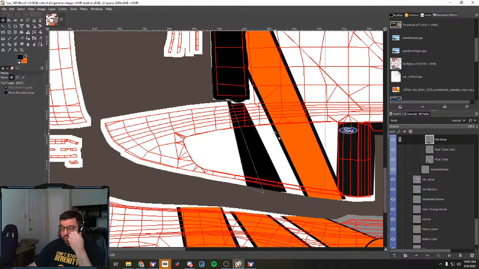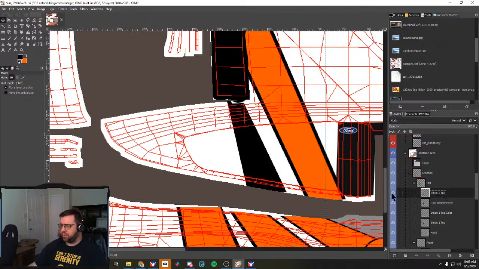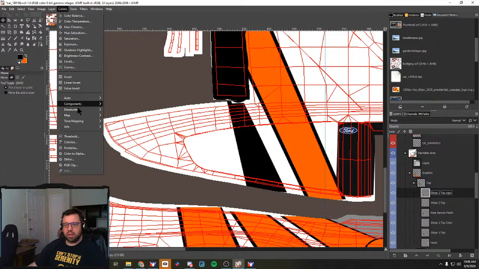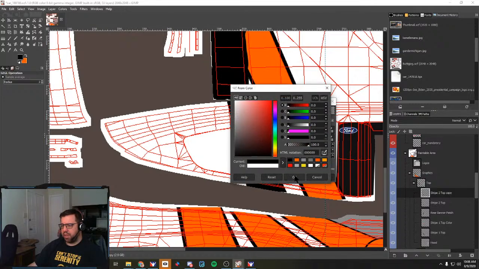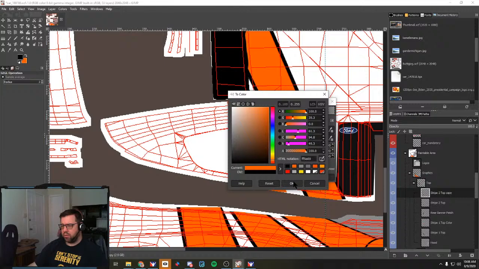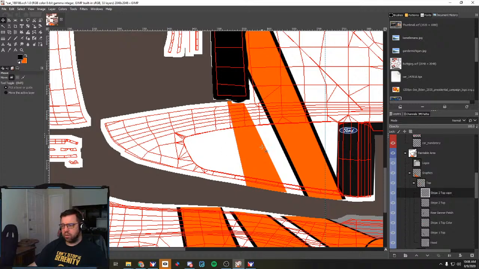Okay. So because I screwed up and had to sort of patch this, right? I know I could do a color selection, right? But I'm not going to do it. I need to recreate this shape exactly so that I can create its pinstripe effect, right? So let's go to the stripe 2 and duplicate it once. We're going to do our color mapping again, right? We do this a lot, actually. It's one of my favorite tools. Take my black, replace it with my orange, okie dokie, and then I'm going to move it over 1, 2,